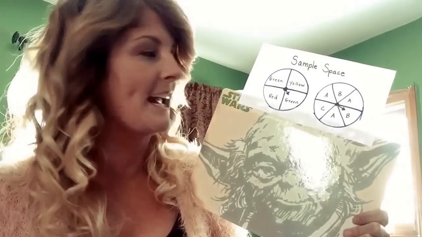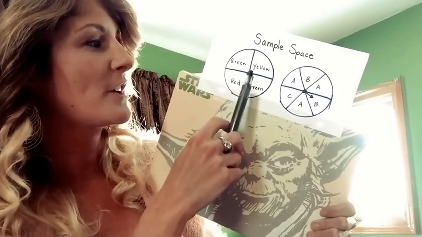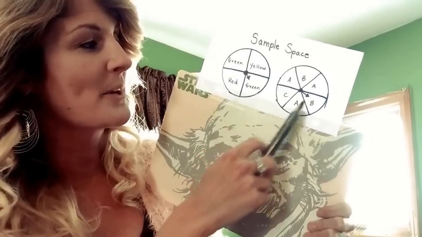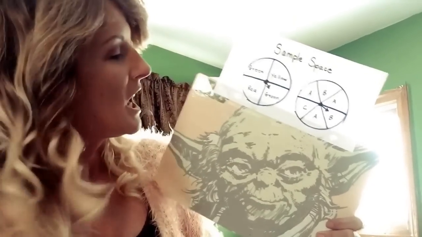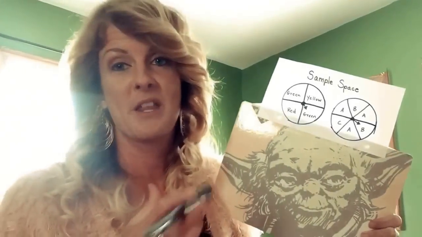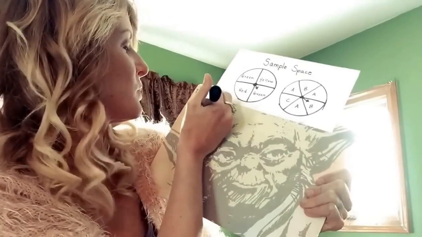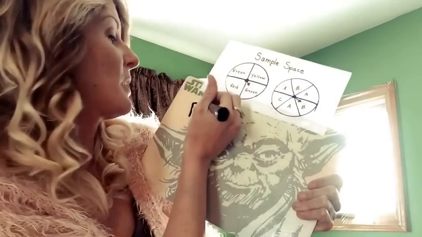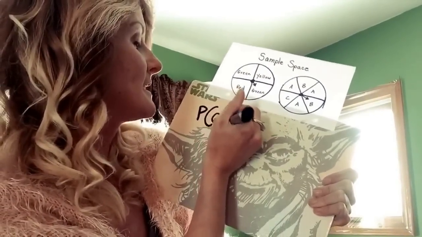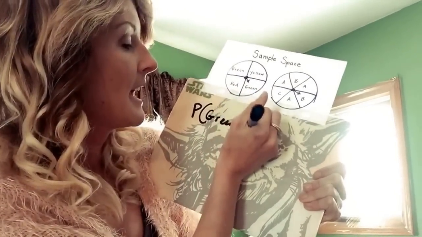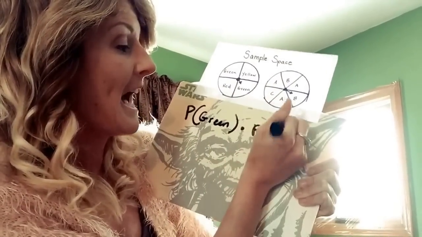and how many of these outcomes will be both green and an A. As you see, we have 2 greens out of the 4 wedges and 3 A's out of the 6 wedges. Now, first and foremost, we're going to solve it the way that you and I would have probably learned how to solve it. So what we know first is we're looking for the probability that we're going to land on a green